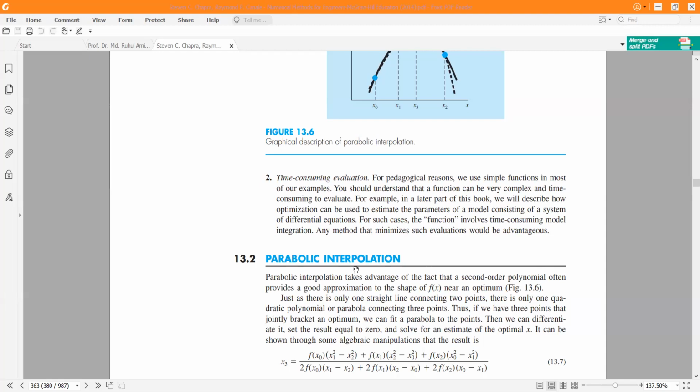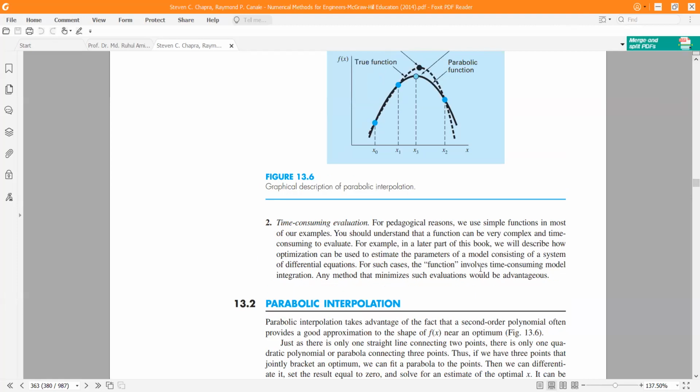Another improvement of the technique is parabolic interpolation. Although the interpolation term is actually, I deferred this chapter because the interpolation and least square curve fitting are there in chapters 17 and 18. So after having our interpolation related material with us, we can easily understand the concept of interpolation as applied to finding the